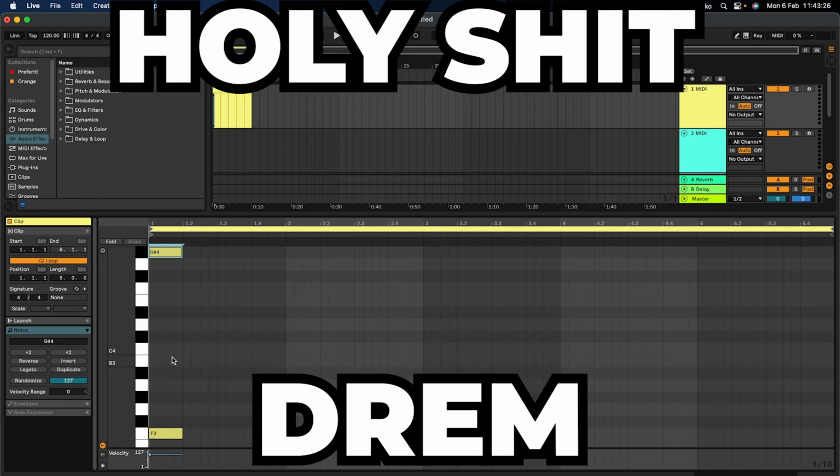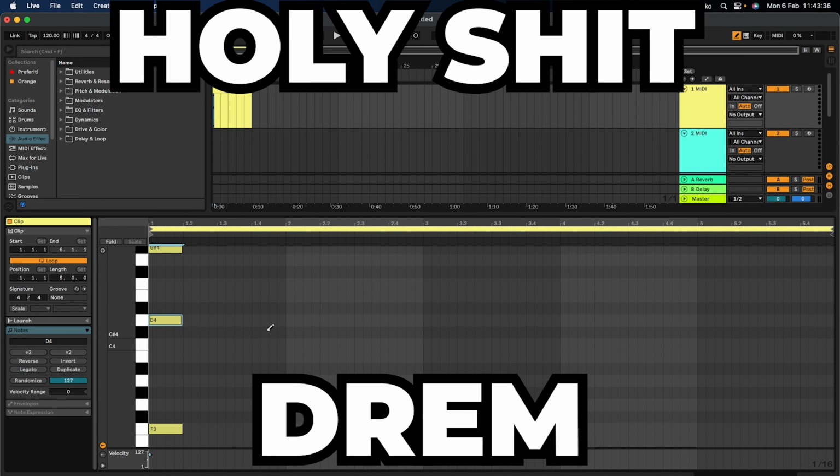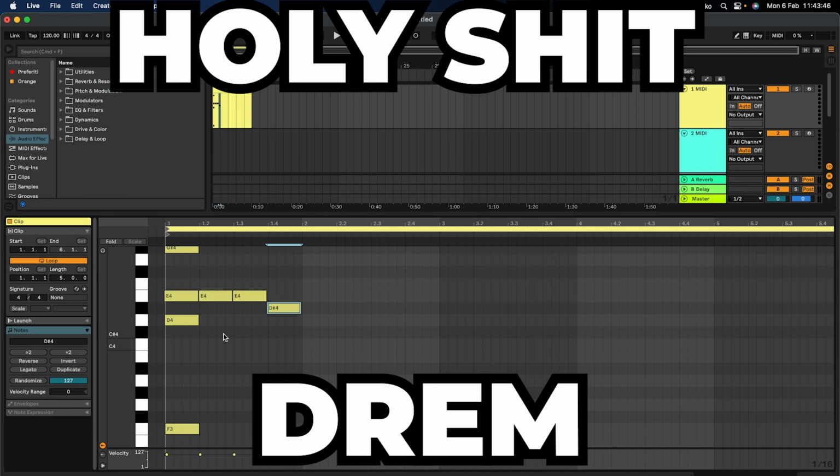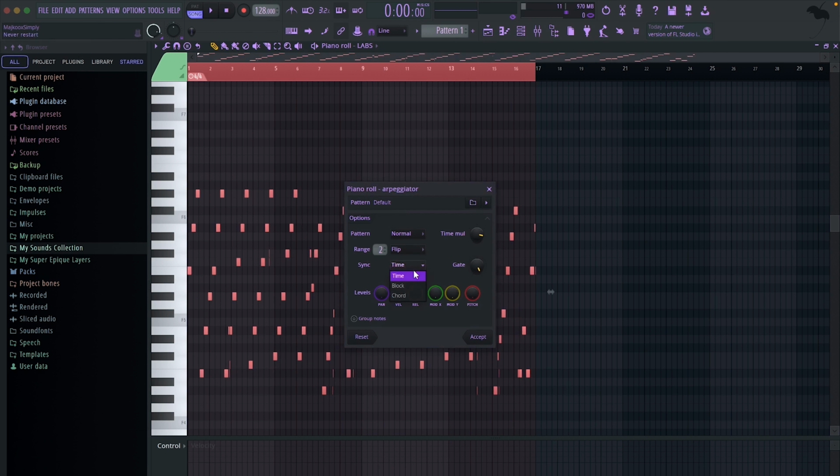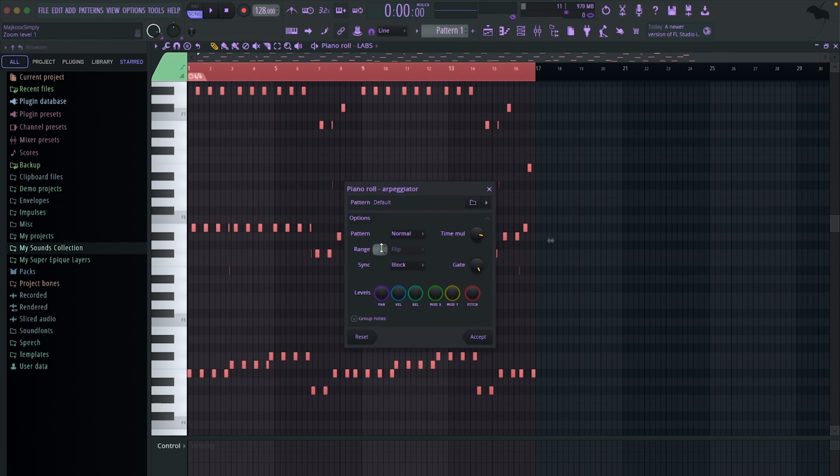I have no idea. But in Ableton, if you learn your shortcuts, you can be very quick at writing notes just using your mouse and keyboard. Still not as quick as in FL though. And FL Studio has the best tools too. You can randomize patterns in every way you want. You can arpeggiate them, strum them, humanize them, and that's why I love it so much. And every other FL Studio user does too.